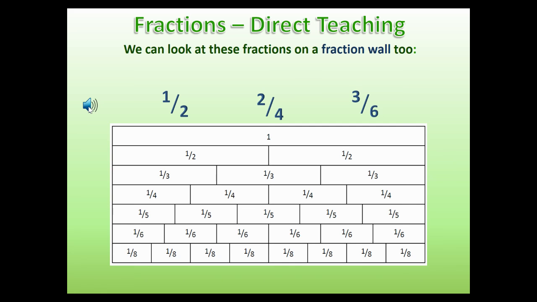Do you see how each row on this fraction wall is gradually broken up into more and more pieces? If we follow those fractions from the previous slide down the wall, 1/2, 2/4, 3/6, then we can see very clearly that each of them represents the same distance along the wall, even though different numbers of bricks have been used to make up that distance. So here what the video proves to us is that 1/2, 2/4, and 3/6 are the same amount. They're equivalent fractions. So that's been represented to us again. What I'd like you to